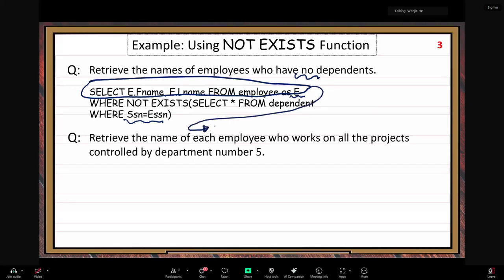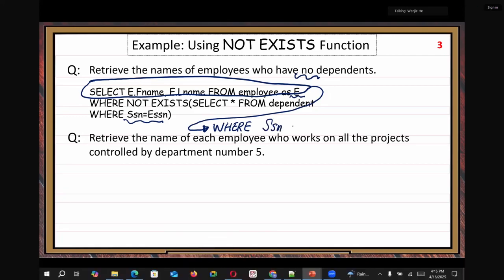After that, where SSN not in operator, then in the query we want to list, select ESSN